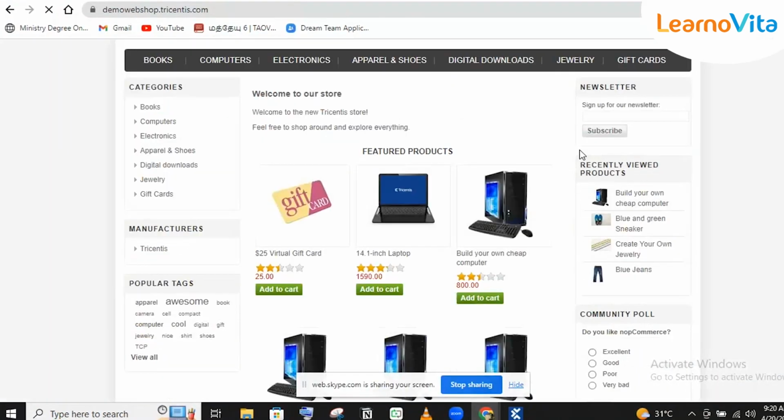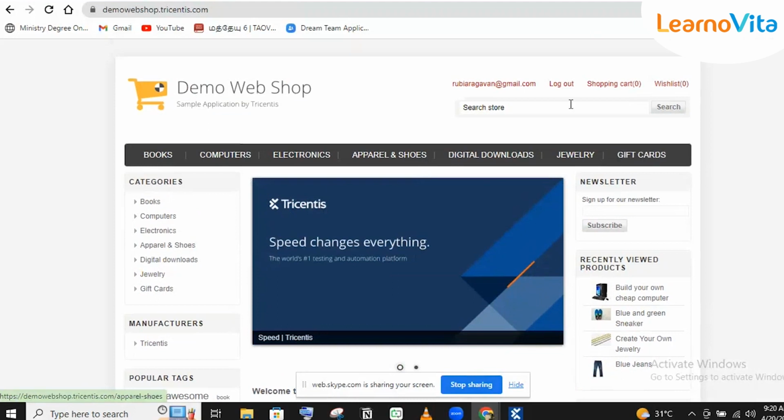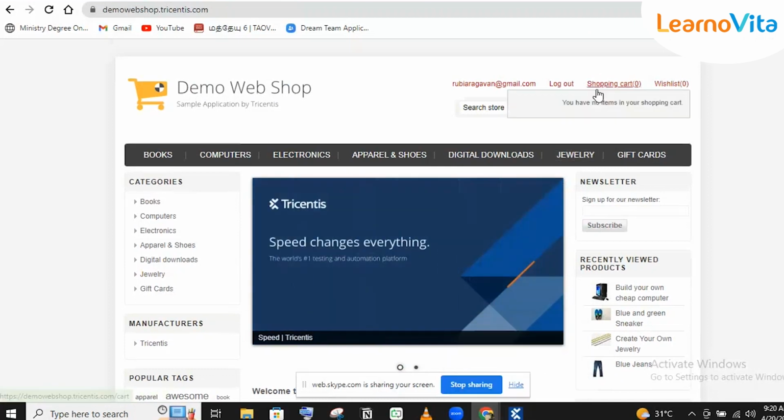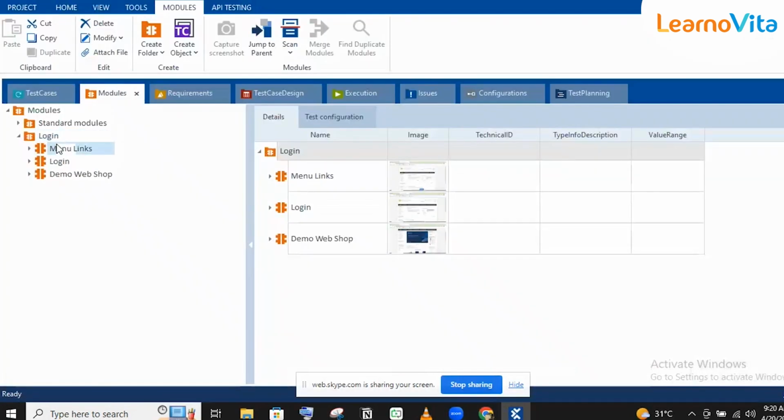For example, here we have the option shopping cart or wish list. So if you take the first part, shopping cart, and I'm trying to scan it,